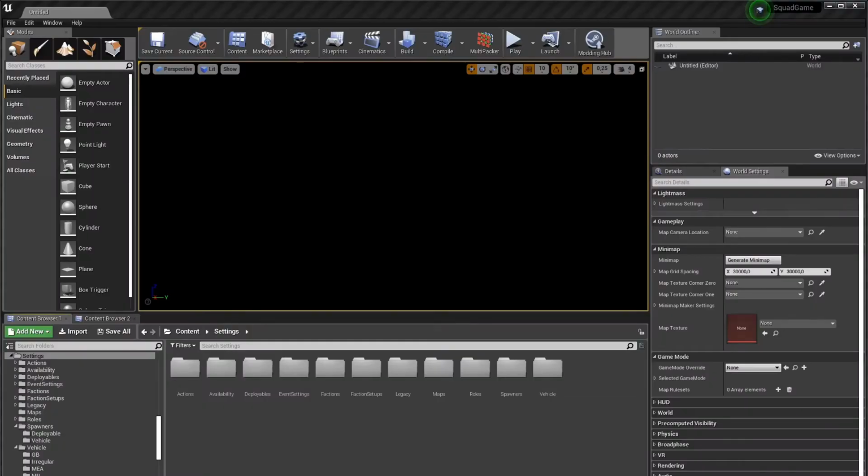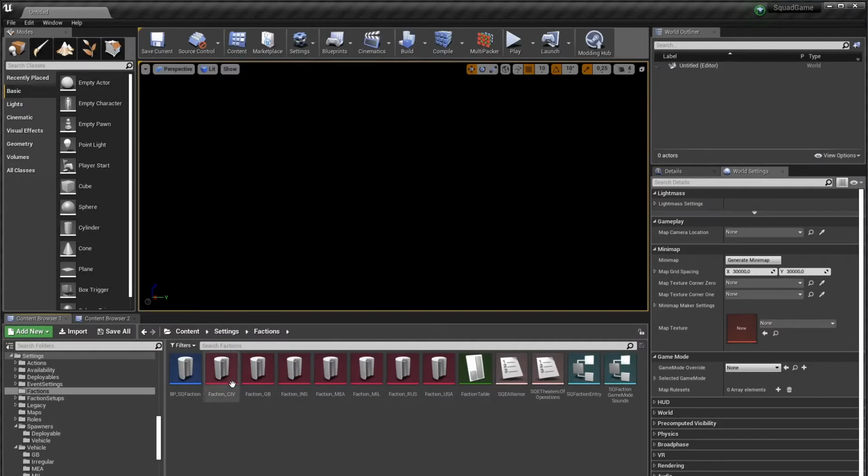Another folder that you can find here is factions. So here you can see the default asset of all factions of the game, including civilians. You will find the base blueprint for the factions, the faction table, the two enums of alliance and theater of operation, the base entry for any kind of faction, and the base entry for any kind of faction related game